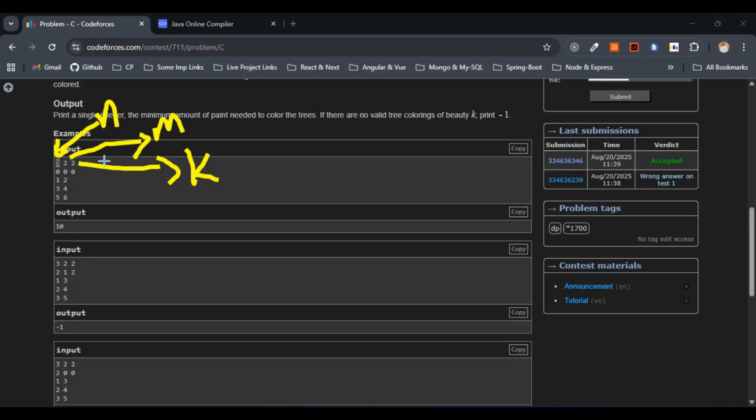So m we have been given 2 here, and k we have been given 2, right? So cost they have mentioned here, this one, 1 2 3 4 as well as 5 6, this is nothing but the costs, right? So what we need to find basically, according to the question,